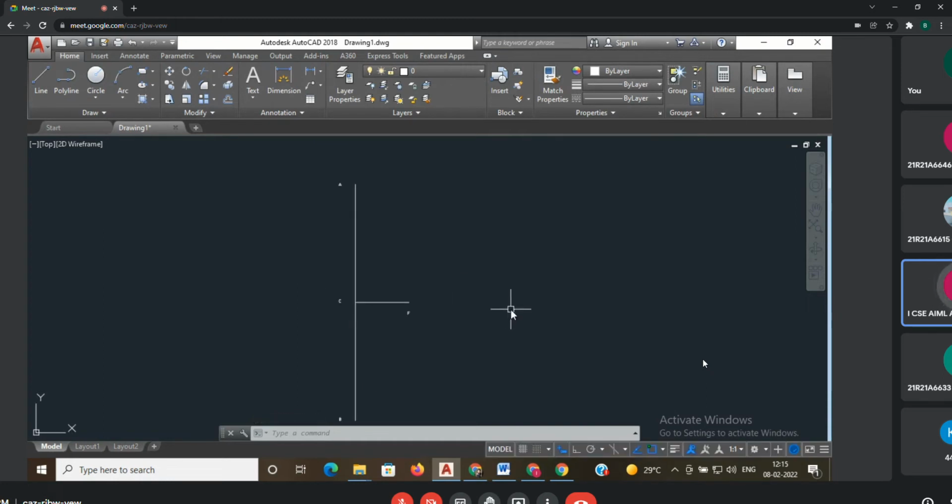Sir, if I complete the first question, I will get the full marks. That's why I am concentrating on the first question only. If I complete only one question in the entire 2 hours, no problem, sir, I will get 7 out of 7. Don't think like that. You won't get 7 out of 7. Definitely mistakes will be there.